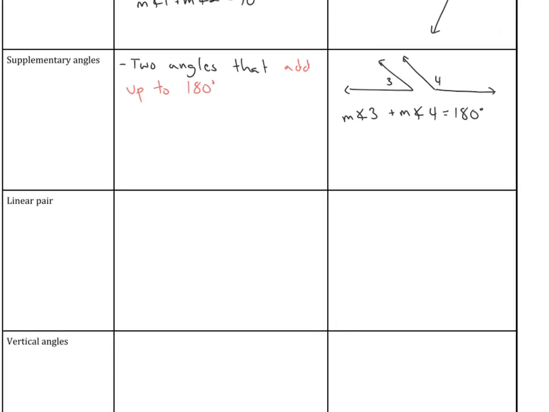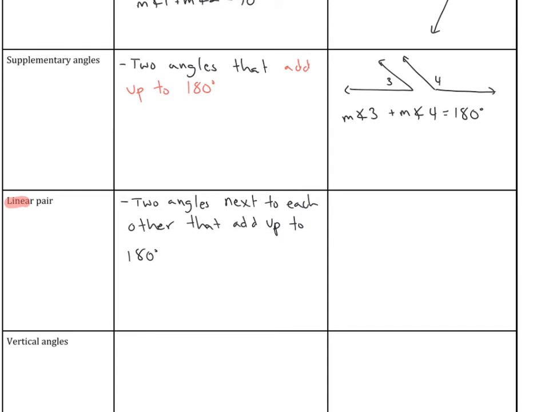All right. The third angle relationship that we could have is called a linear pair. Now, notice how in the word linear, we have this word line again. So this is kind of what we're going to be looking for. A linear pair, meaning two angles next to each other that add up to